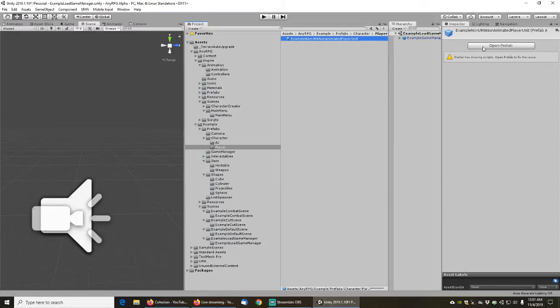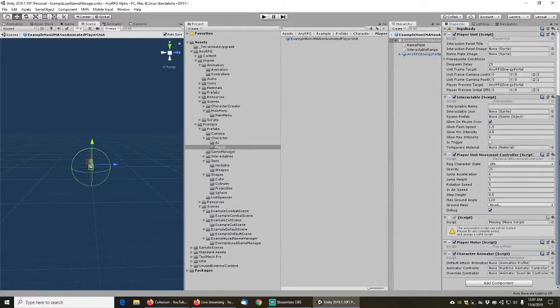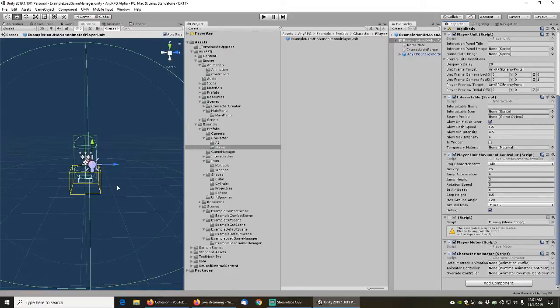Example UMA non-animated player unit. I honestly, non-UMA this,